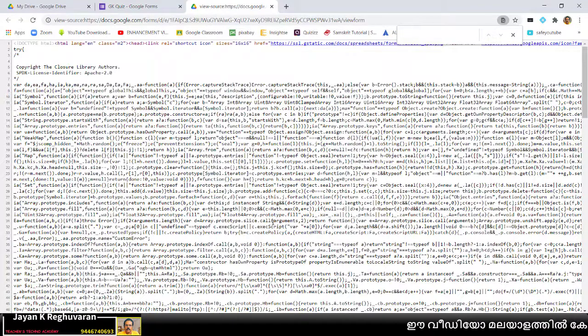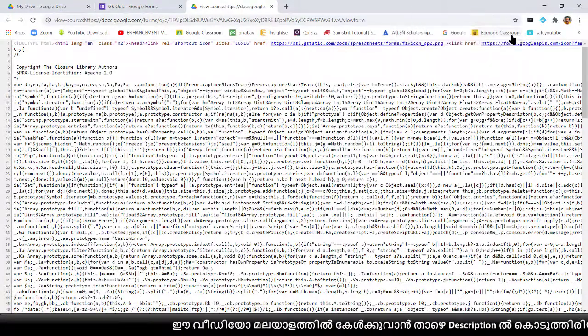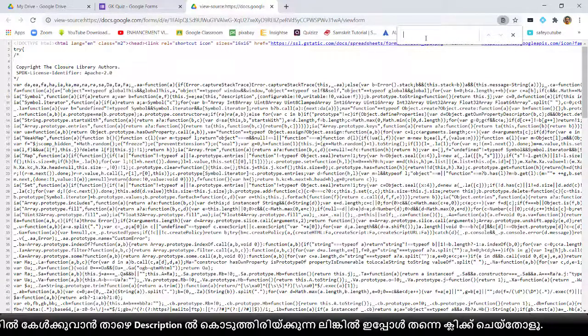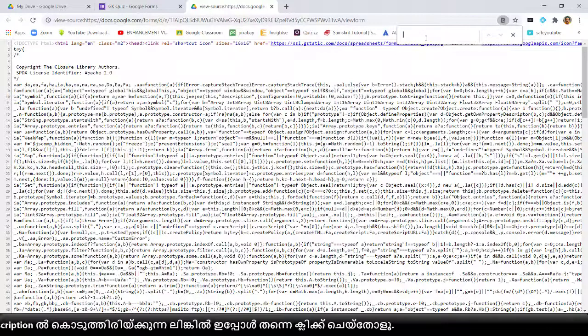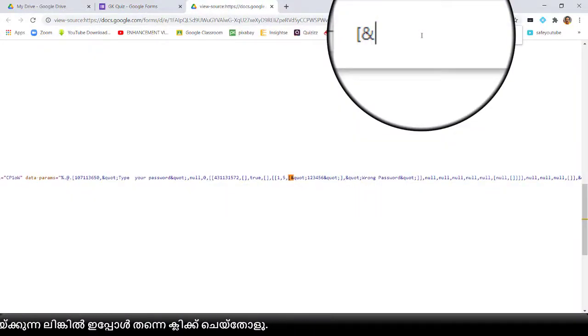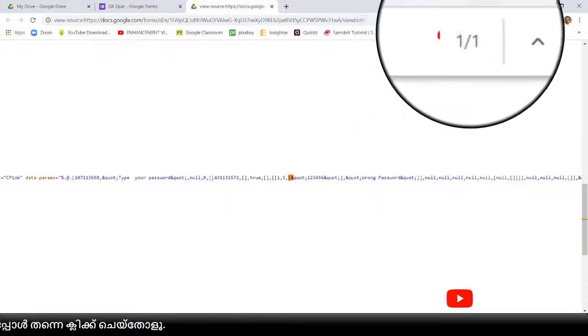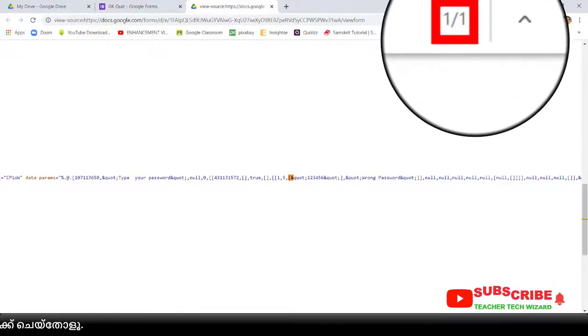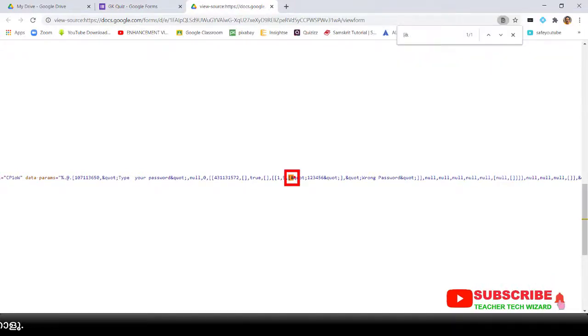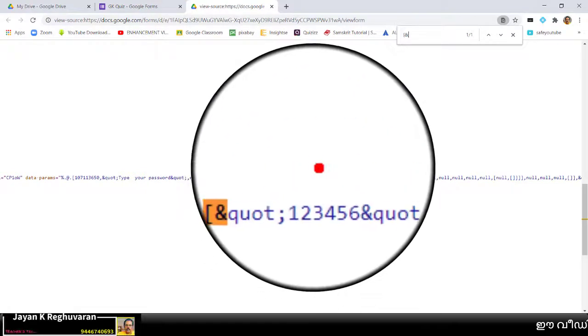And the second method to reach the password: they will go to the source page. This is the source page. In that source page they will press Ctrl+F. In that search box they will simply type an open square bracket. When you type the open square bracket, you can see only one match on this page. Just to the right side of this selected area you can see the password.